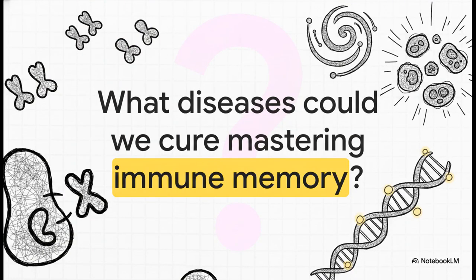Which brings us to one final, really thrilling thought. We've seen the sheer elegance of antigen presentation, the precise lock and key activation, the tailored antibody arsenals, and the perfect balance of regulatory cells. If our immune system is naturally this sophisticated at recording and remembering every single threat it encounters, what incredible diseases, from rapidly evolving viruses to treatment-resistant cancers, could we cure by fully mastering the programming of our own immune memory? The future of medicine lies exactly in decoding this